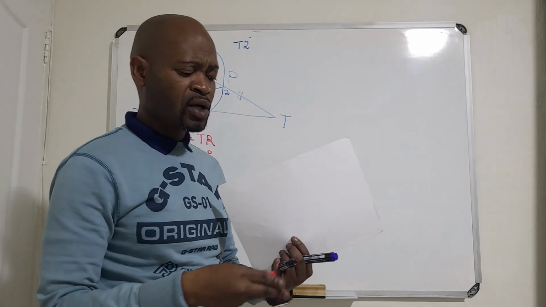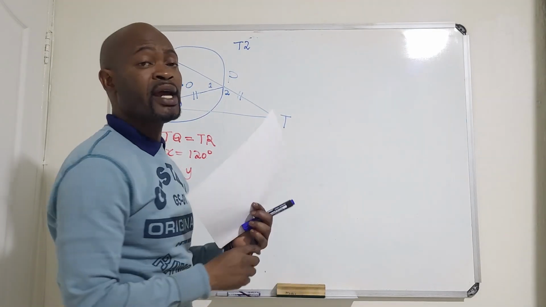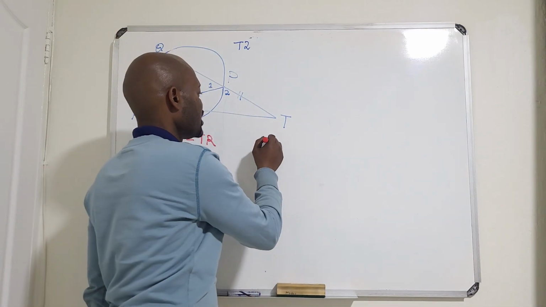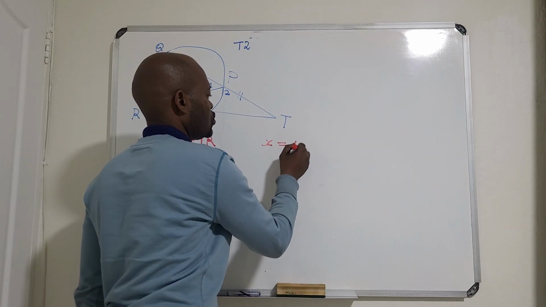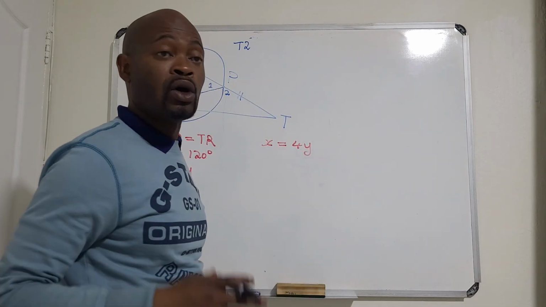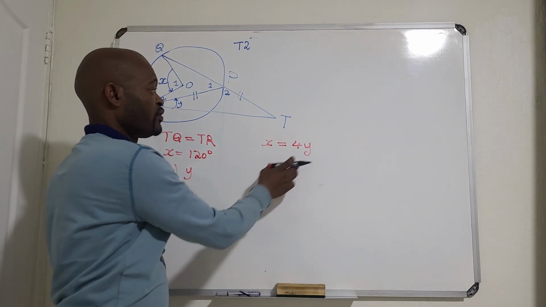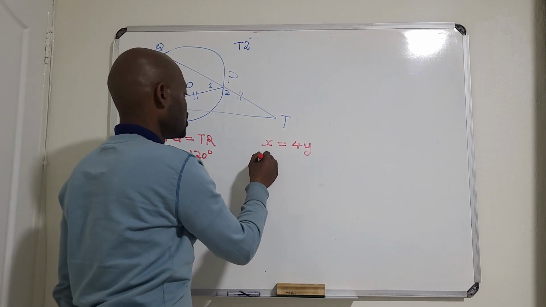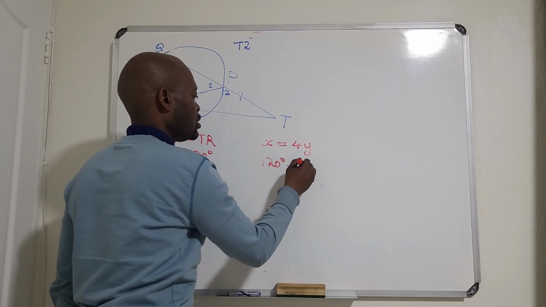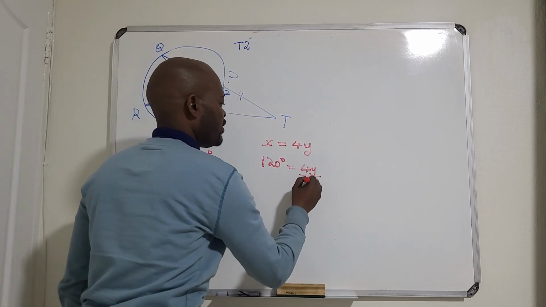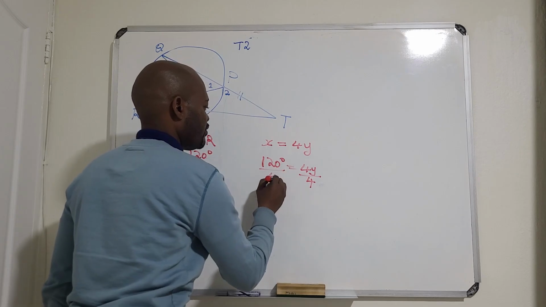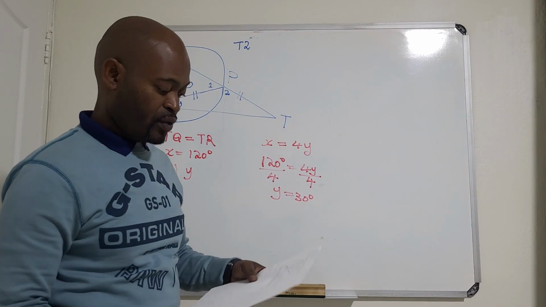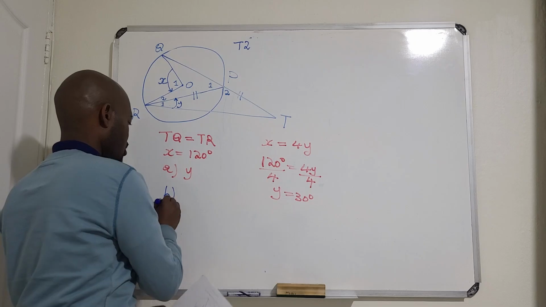Now, for us to calculate the value of y, we have just expressed x in terms of y, where we said x is equal to 4y. Since for A we are told to find y, and we know x, we can substitute: 120 is equal to 4y. Then we divide by 4, so y is equal to 30 degrees. Now, they say B, we must find